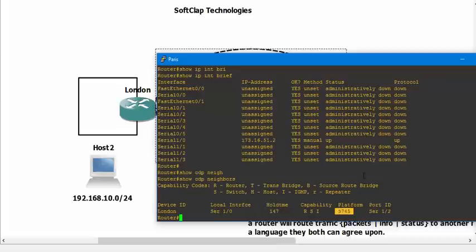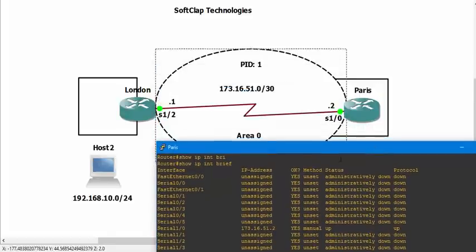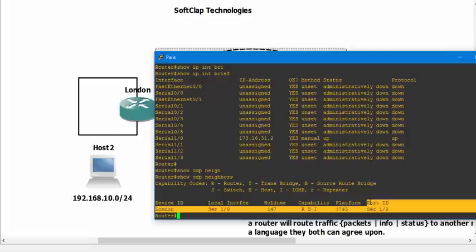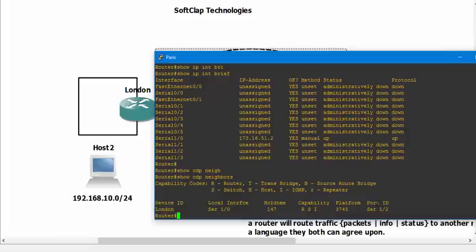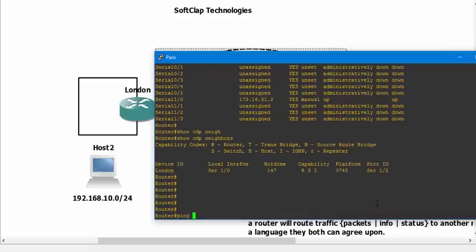The platform is 3745, and it's going to the port number 012. So that's how it tells you. Always remember that the first serial is a local interface. The port ID is not the local, but your peer interface. Okay, so now I'll do ping